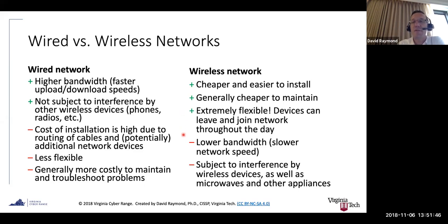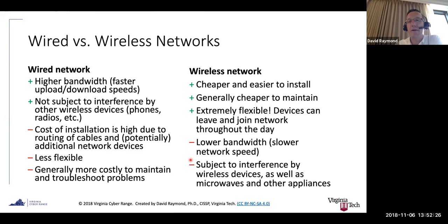So extremely flexible. Generally lower bandwidth. Again, these wireless network protocols are getting more efficient all the time, so maybe the bandwidth almost doesn't matter. You get such good bandwidth on most wireless connections that in terms of connecting individual systems to the network, bandwidth is not an issue. But if you want to connect a whole bunch of systems to the internet or to a whole bunch of other systems, that's when the bandwidth becomes an issue, and you might have to have wires in there somewhere.